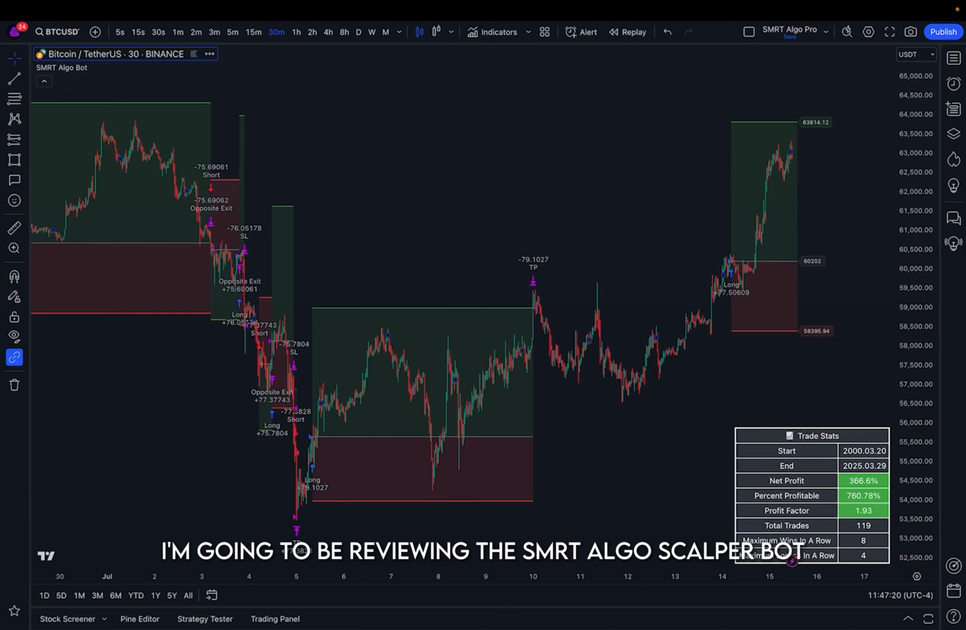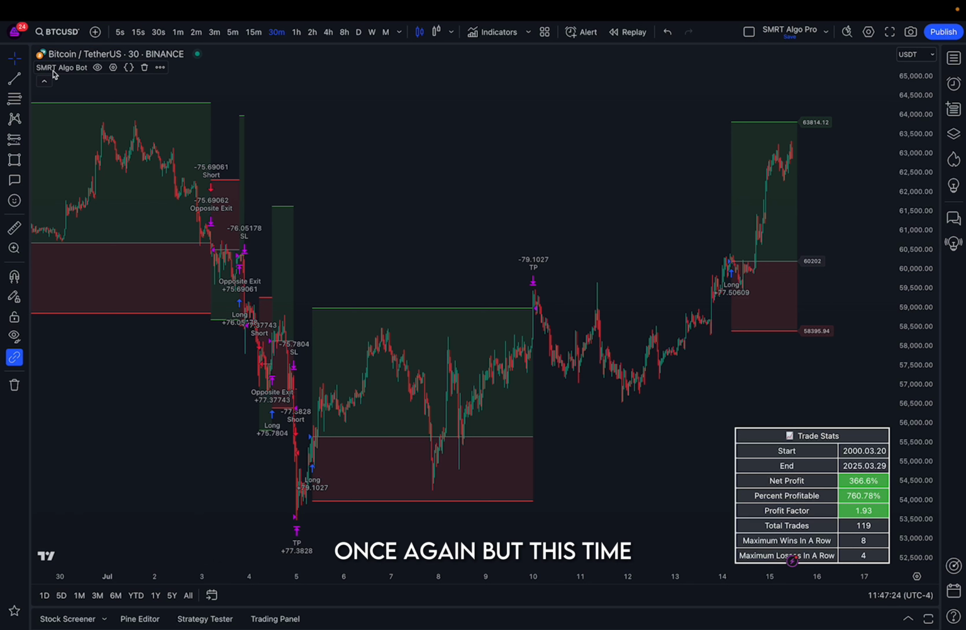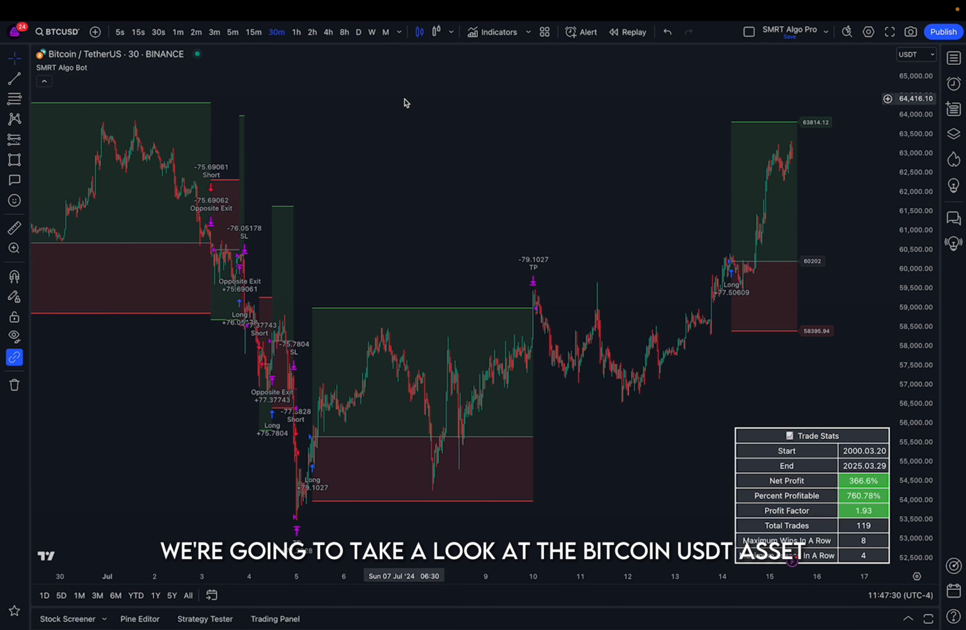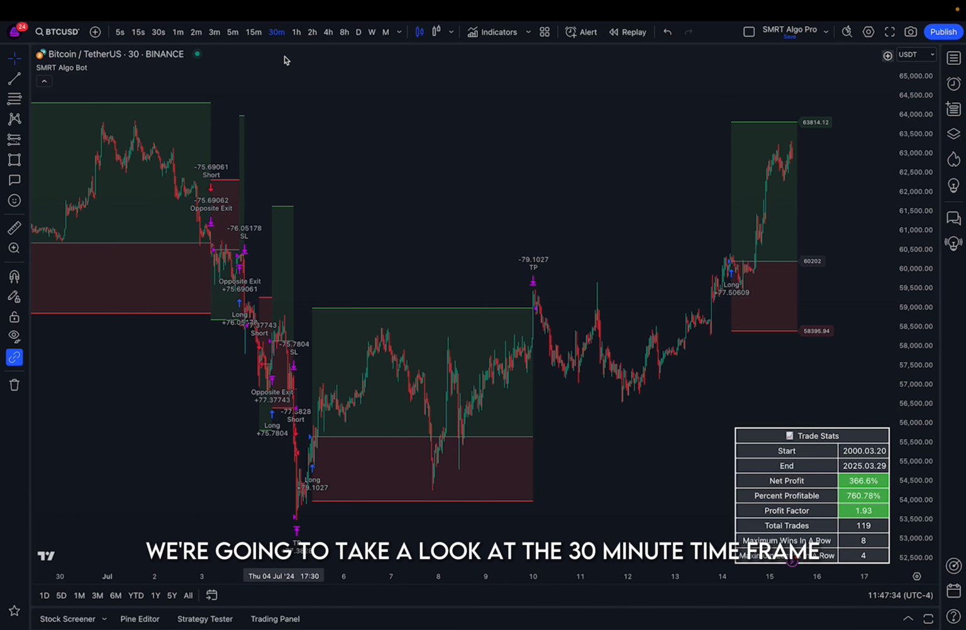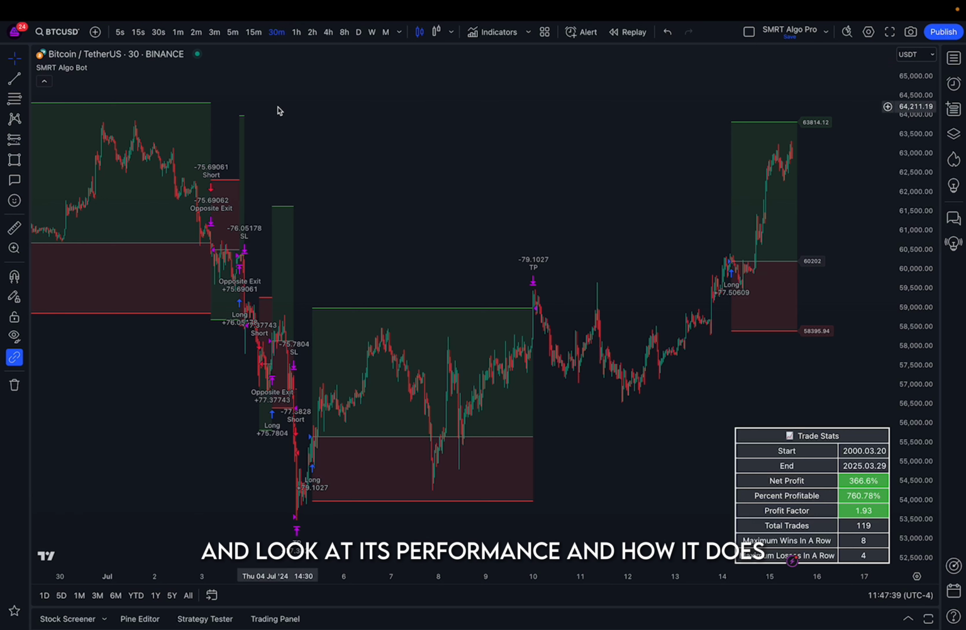So in this video, I'm going to be reviewing the Smart Algo Scalper bot once again, but this time we're going to take a look at the Bitcoin USDT asset. In particular, we're going to take a look at the 30-minute time frame and look at its performance and how